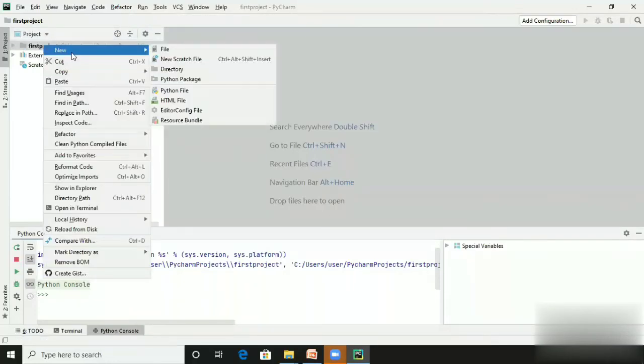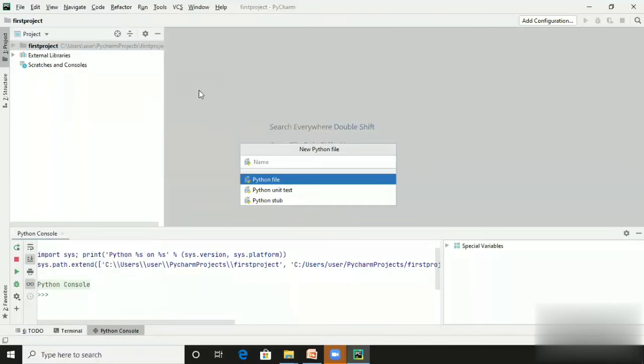It will ask you for New, and go to New, Python File, because we want to do Python programming. It will ask you the name of the file. Suppose I'm writing the file name, area of triangle, because we are calculating the area of a triangle.